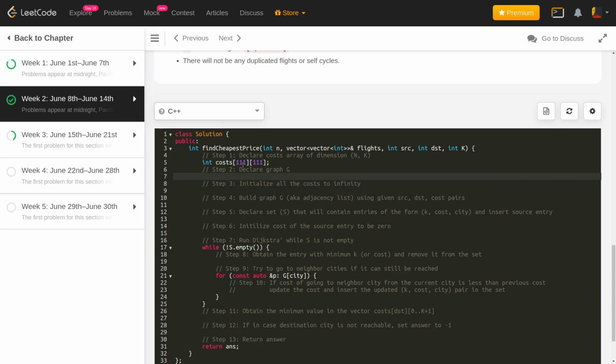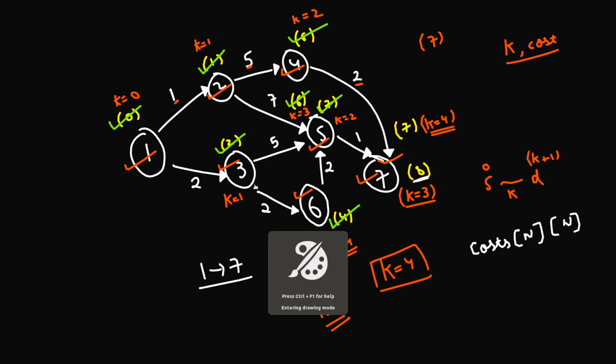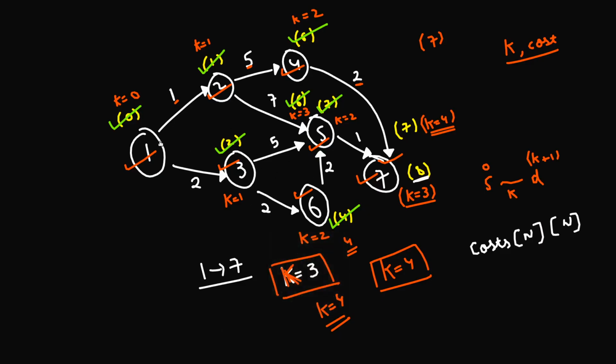So this is the concept where you have to use the concept of adjacency list. Okay, so this is where we'll be making this graph. So what we'll be doing is, we'll be having a list corresponding to city 1, we'll be having a list corresponding to city 4 and so on, and for each of the lists we'll be appending the neighbors. So for example, in the list of 1, I'll be having 2 and 3. So this is what it will look like. And not just 2 and 3, I'll also be having the cost as well.